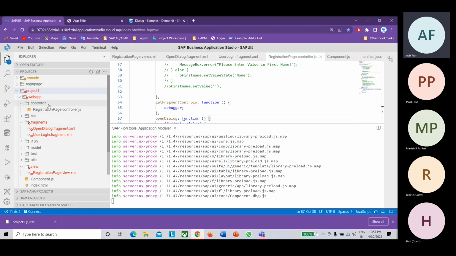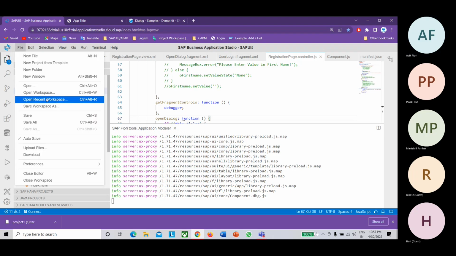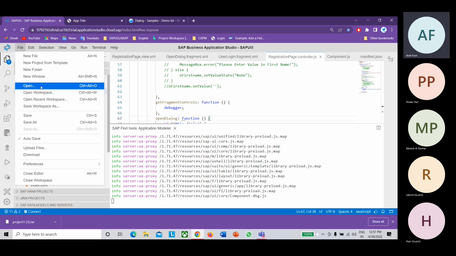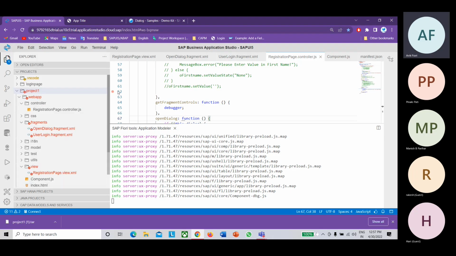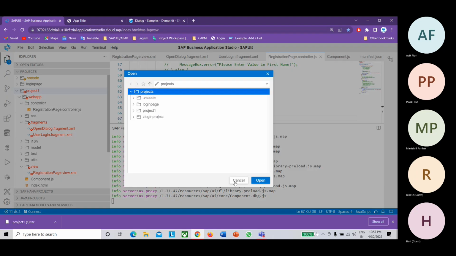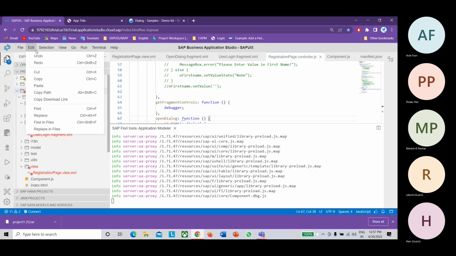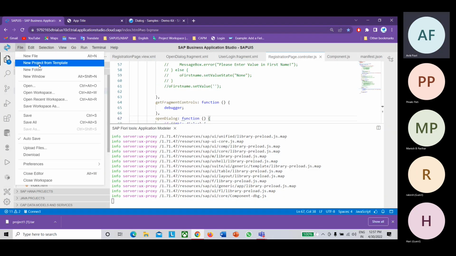Otherwise, if you want only the other files, I can share. But this tar file, you can directly import it into your project, like File, and you can just open.